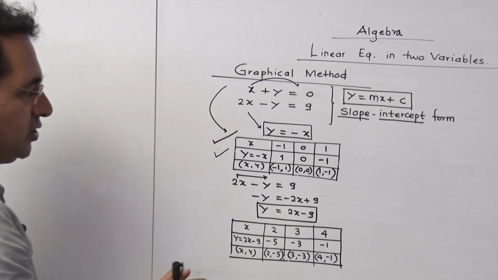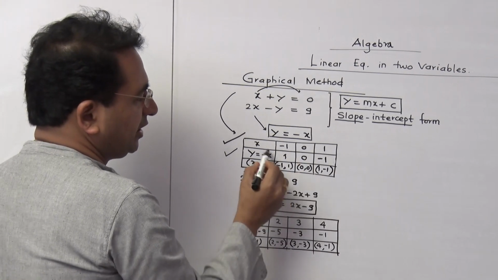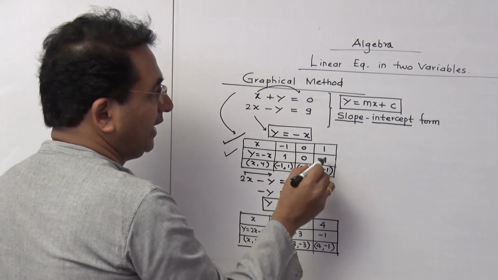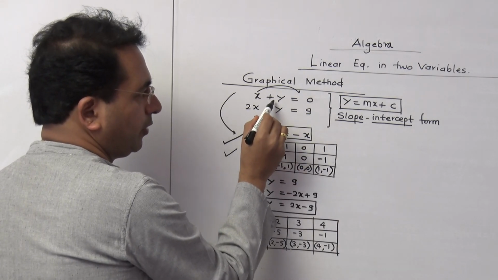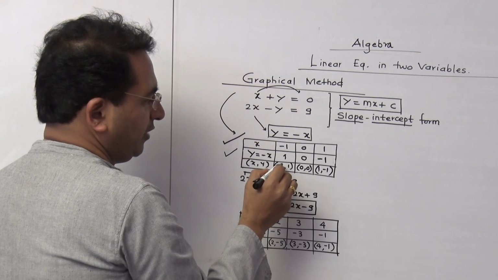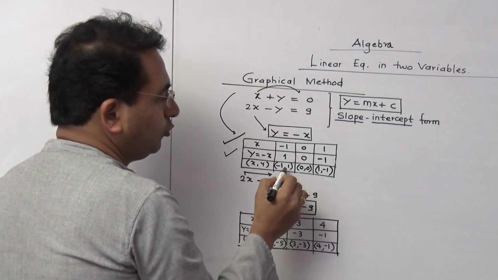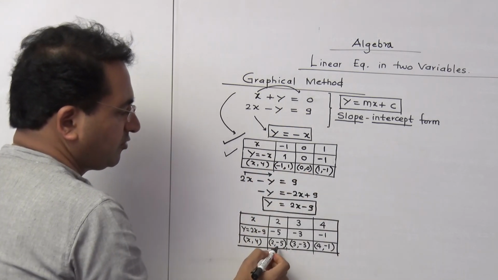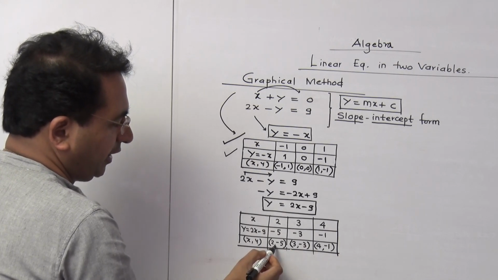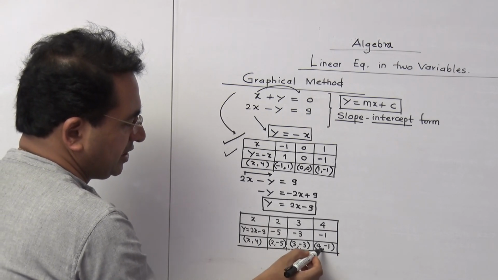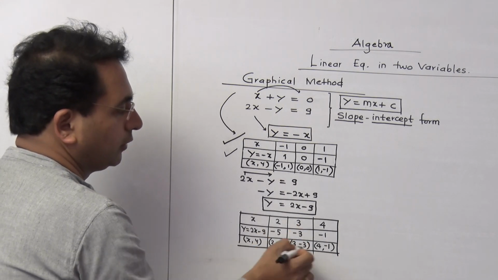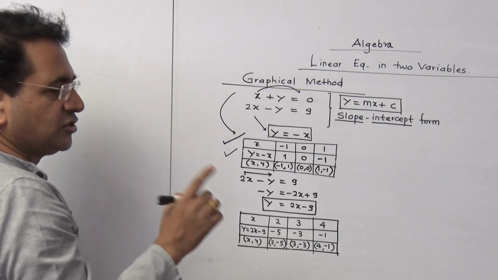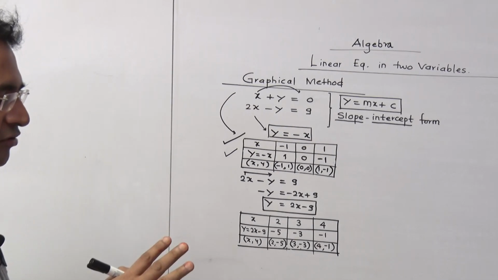There is a reason for taking 3 points. If by chance, if you are making some mistake in the calculation, you will not get a line. And this is an equation of a line. So remember one thing, that lines, when you draw, these points should be collinear. Suppose you are getting 2 points on one line and this is somewhere other than that line, then your calculation is wrong. Correct? That is possible only when you take 3 points.